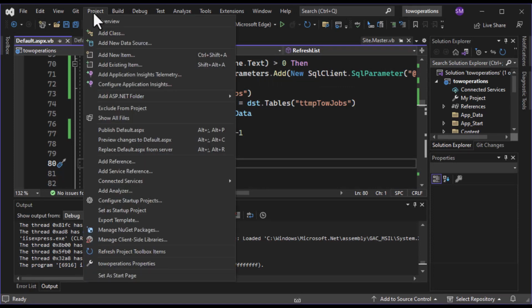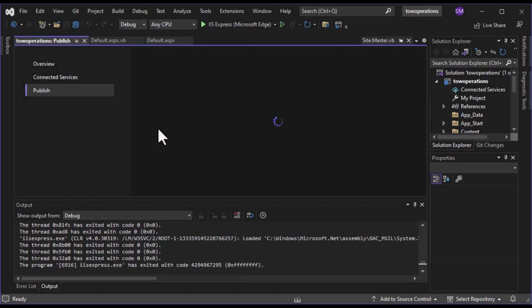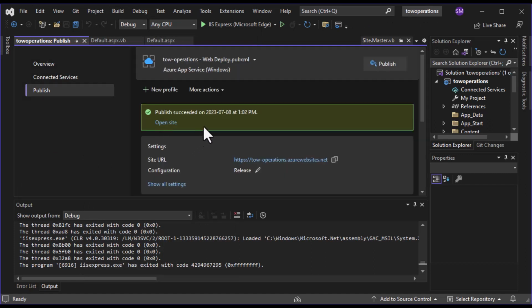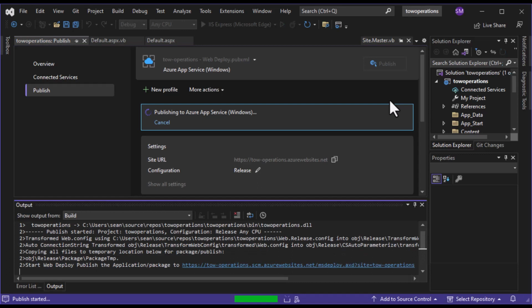I can close it there, and now what we can do is go to build and then publish, and that is what we want to do now. We're going to publish it out into our Azure App Service so that our application will have these features out in Azure, connecting to our Azure SQL database, so our users can use this app, and we'll go ahead and start that publish. So it's just churning away there,